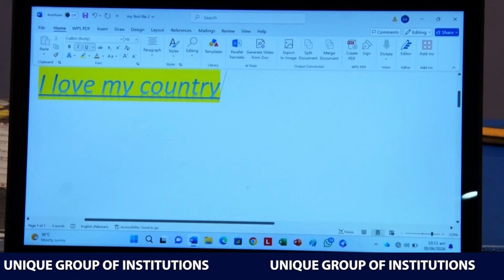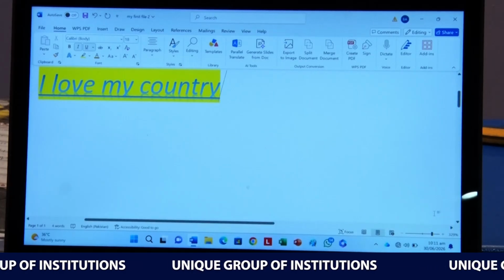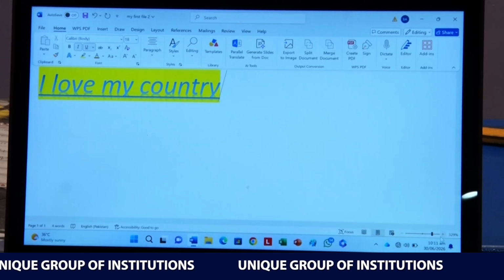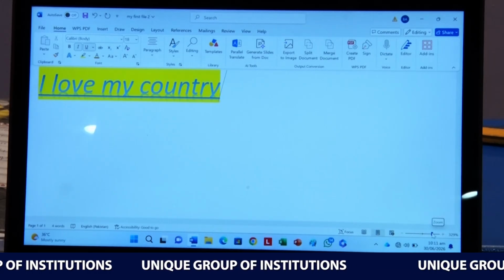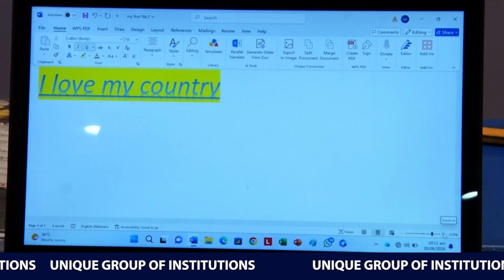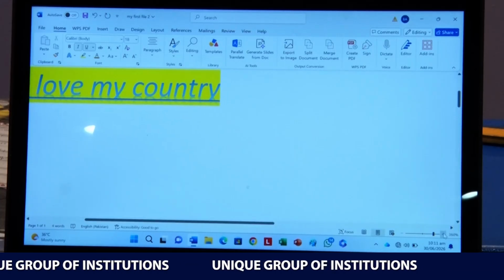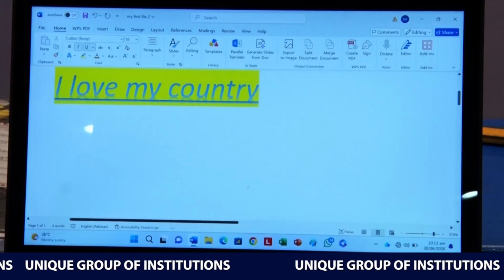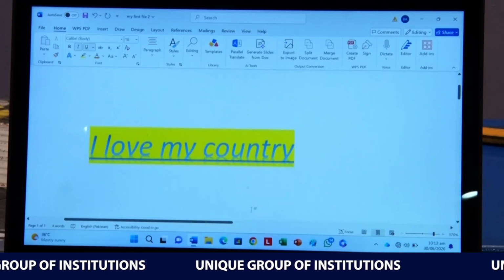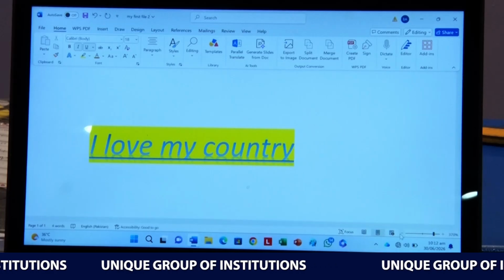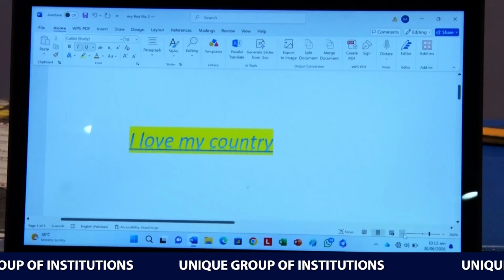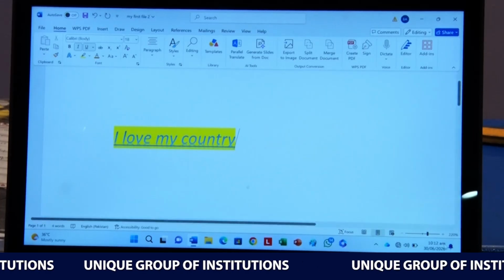If you want to change the screen view, you press zoom slider from the right bottom. You can see your text has become large. If you minimize it, then you press right side and your text has been minimized.